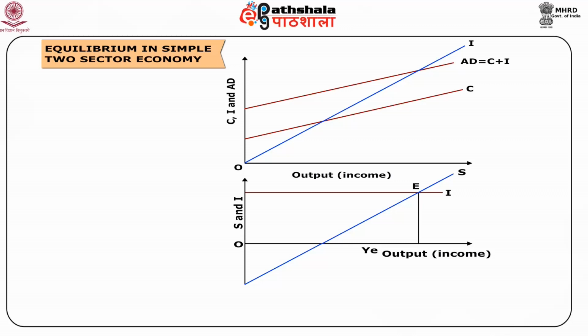The aggregate demand curve is the sum of C and I. Since investment is assumed to be autonomous, the AD curve has the same slope as that of the consumption curve, and the vertical gap between C and AD is investment I at each level of income. A 45-degree line has the property that at any point on it, the horizontal and vertical coordinates